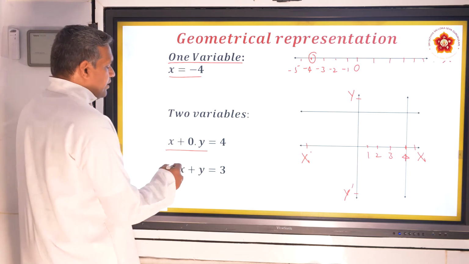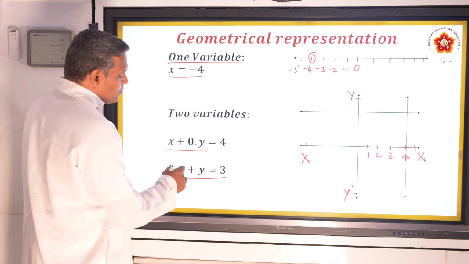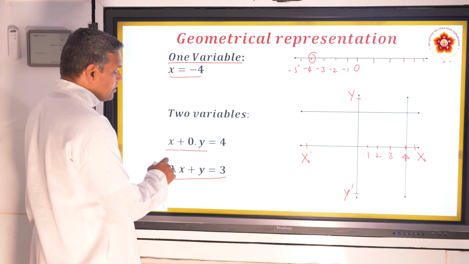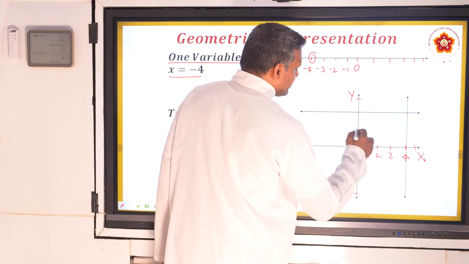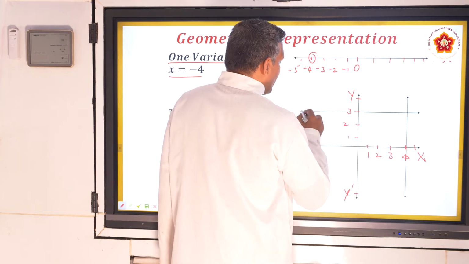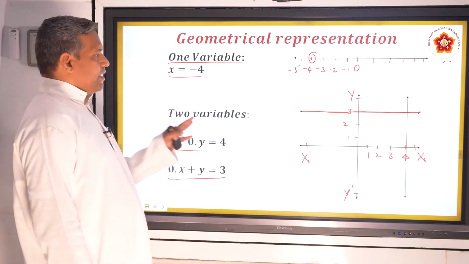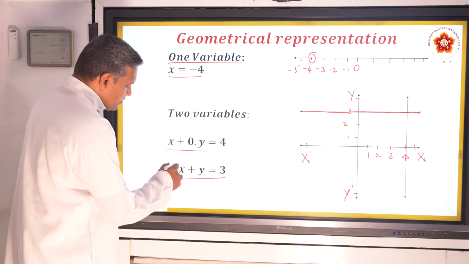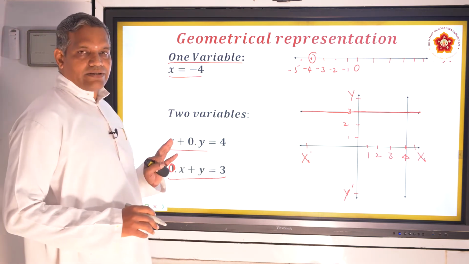Next, 0x plus y equals 3. In this case, I am going to put different values to x, but all of them will become 0 because my coefficient is 0. And then y is always 3. So assume this is 1, this is 2, and this is 3. So y equals 3. Wherever I go on this line, y equals 3 only. X can change, x will take negative values, x will take positive values. I am intentionally making x multiply with a 0, so that x term always becomes 0, and y equals 3.